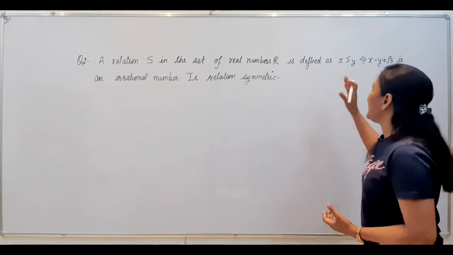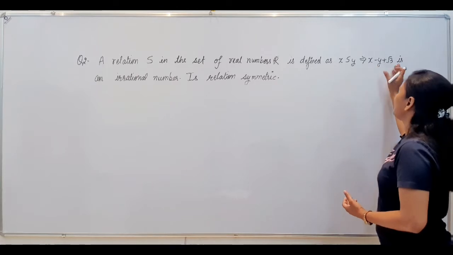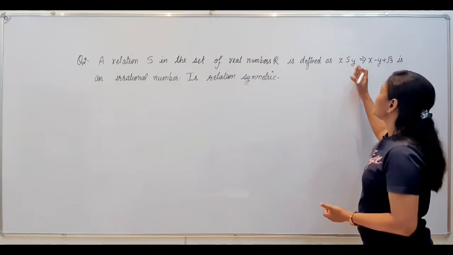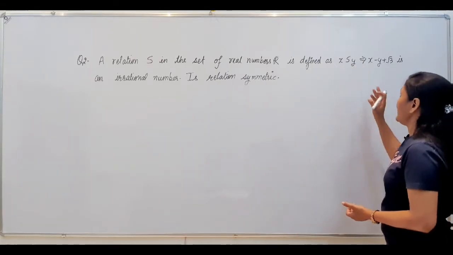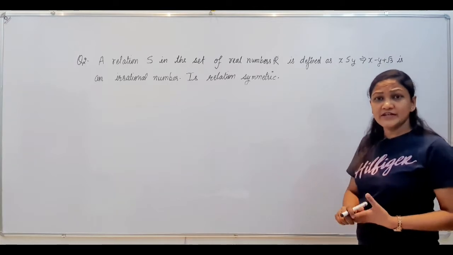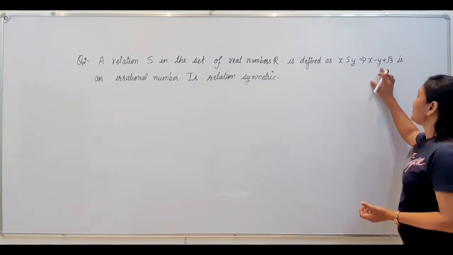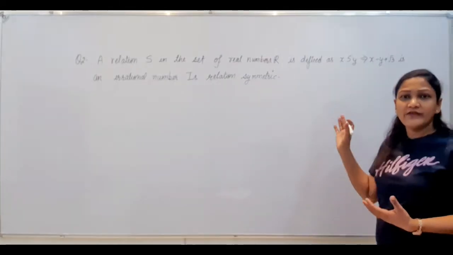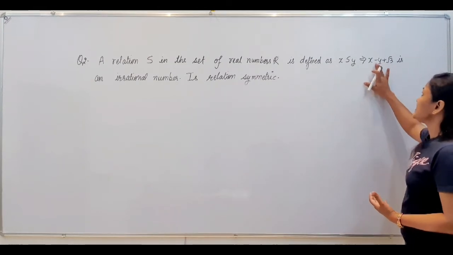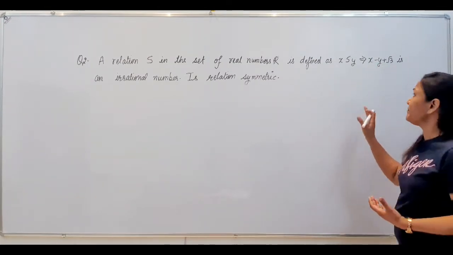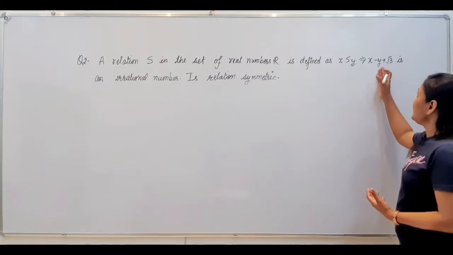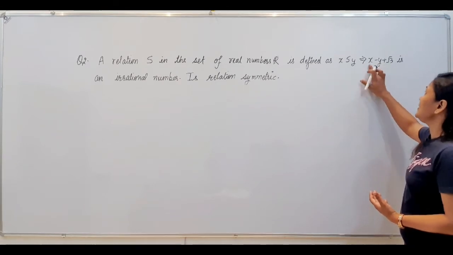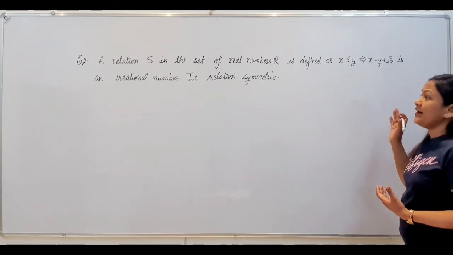तो अगर आप मान के चलते हैं कि x related to y है, तो आपका ये एक irrational number है, but ये ज़रूरी नहीं है कि y will also relate to x, क्योंकि आप x minus y की कोई एक perfect definition नहीं दे सकते हैं. अगर x minus y में आपका एक rational number बन रहा है, if y is √3, if you take y as √3, then y will cancel out and take x as a rational number, then the answer will be a rational number. And if you take x as √3 and y as a rational number, then it will be an irrational number. So this is not true.